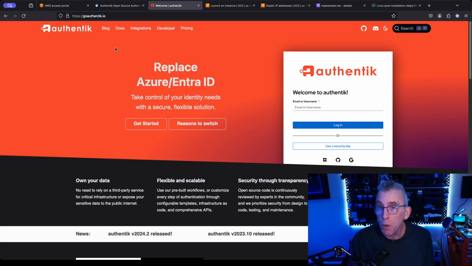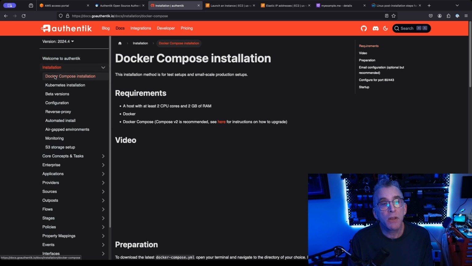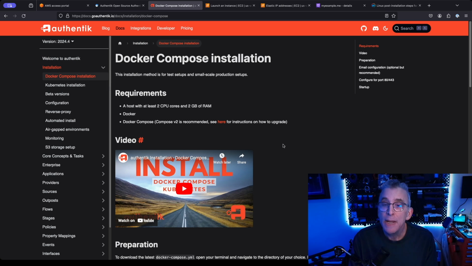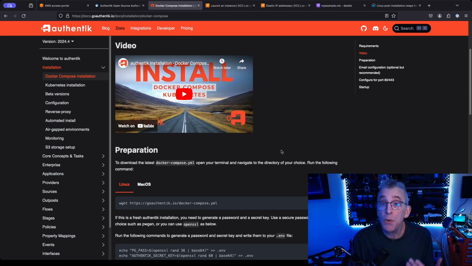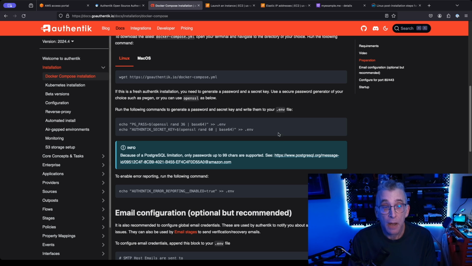And what we're going to do is we're going to follow the docs. So if you come over here to the docs link and then go to the installation link and then go to the Docker Compose installation. This is the installation that we're going to actually go through. So I'm just going to scroll all the way here to the first step, which is actually grabbing a Docker Compose.yaml file. So if I go over here, I can actually click on the copy button,